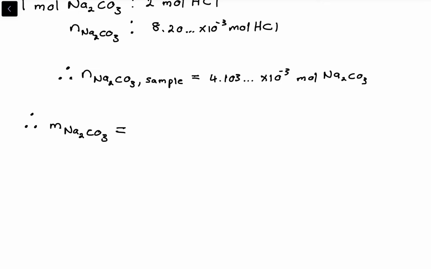All right, and from that we can determine the mass. So of course, the number of moles times the molar mass. The molar mass is 105.99 gram per mole. So let's just say number of moles multiplied by the molar mass. Molar mass is 105.99. You get a number of 0.4349 and so forth gram sodium carbonate,